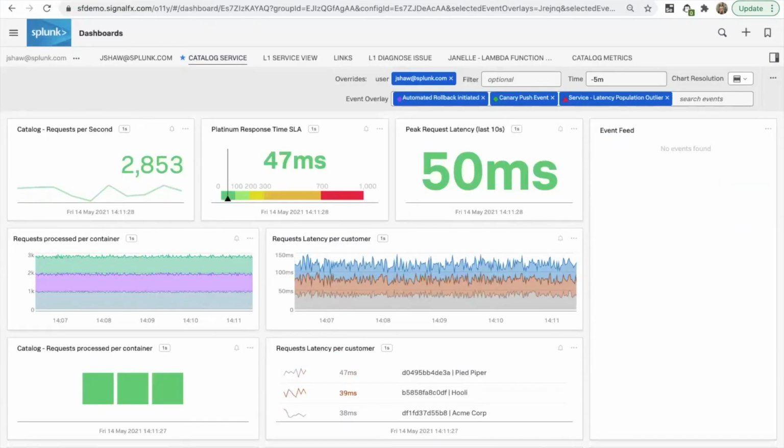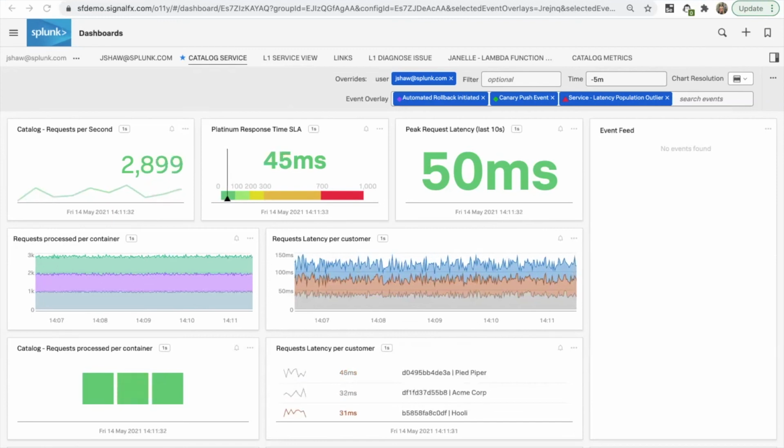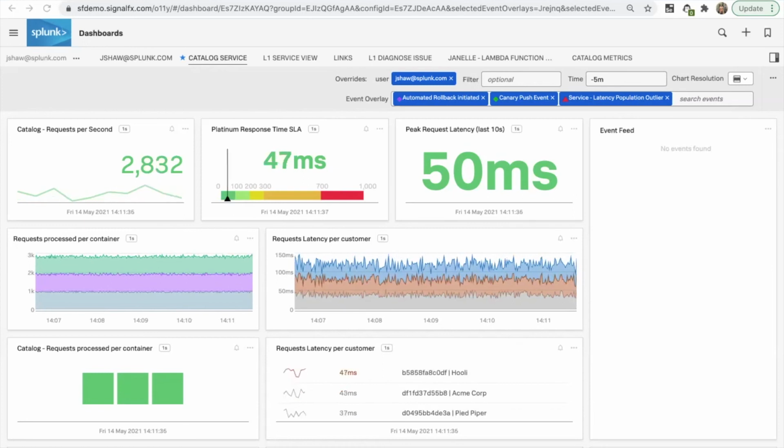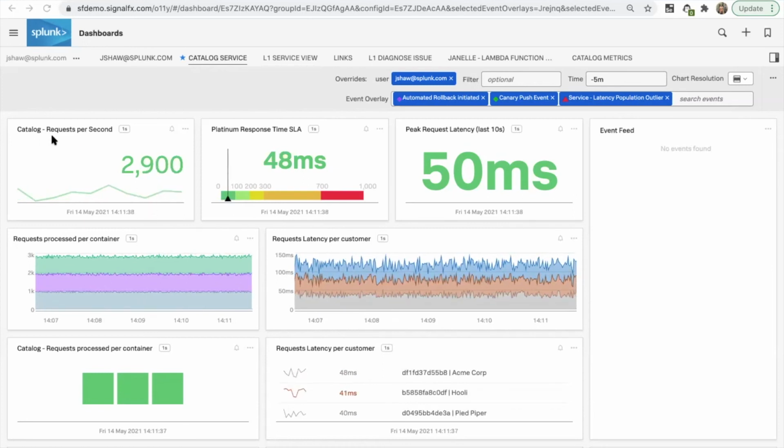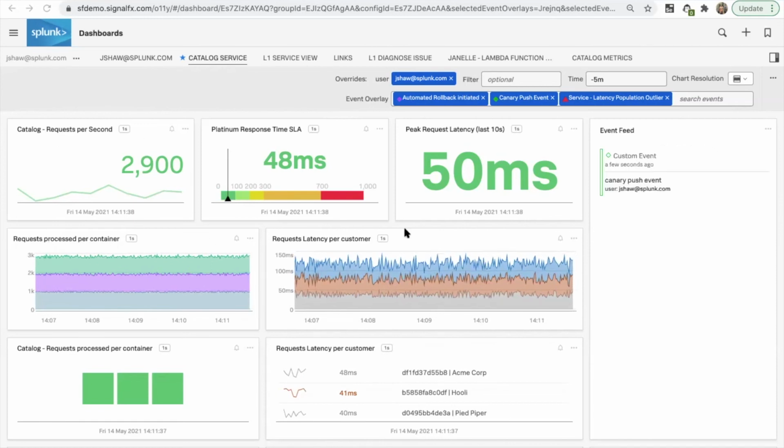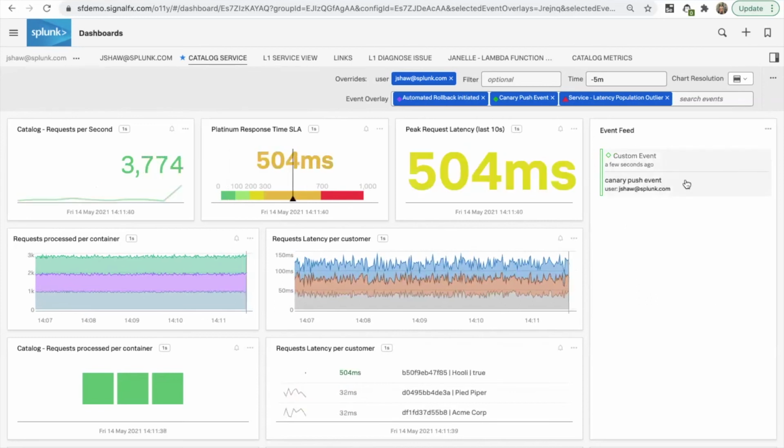So I've just opened up another view here, and we use this sometimes in demos, so you may have seen this before, but what I want you to see is the effect that the detectors can have in your environment. So this one is showing for a catalog service, it's showing requests per container. So you can see there's 3 different containers. And when you have an event in the environment, like we were just looking at, so a canary push in this case,